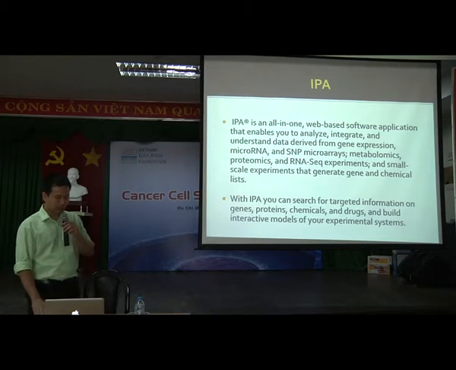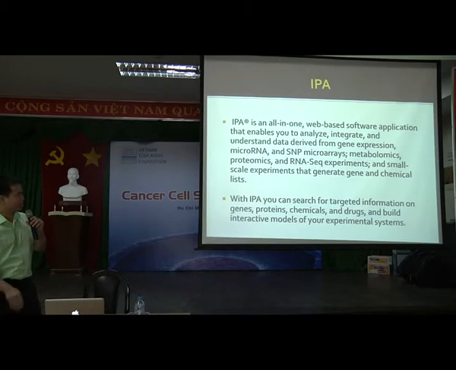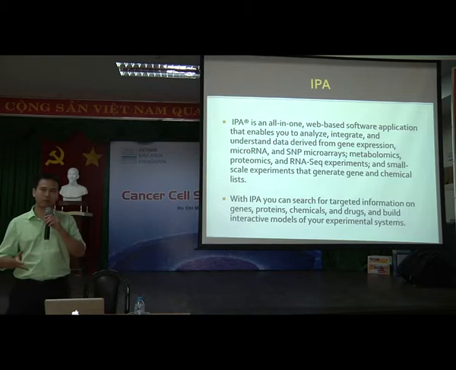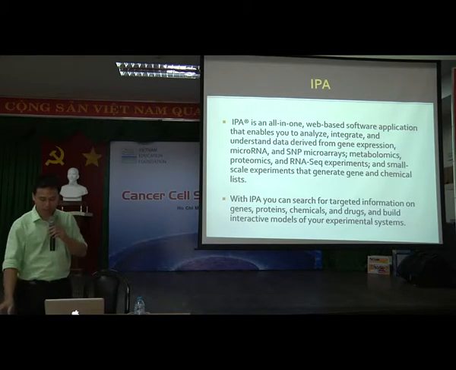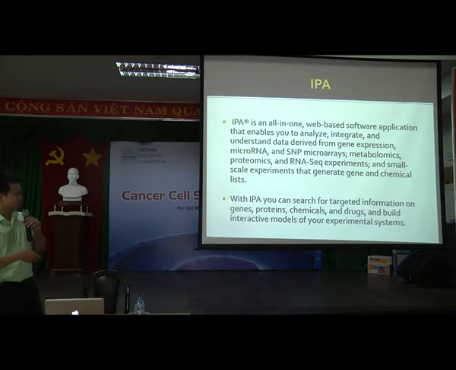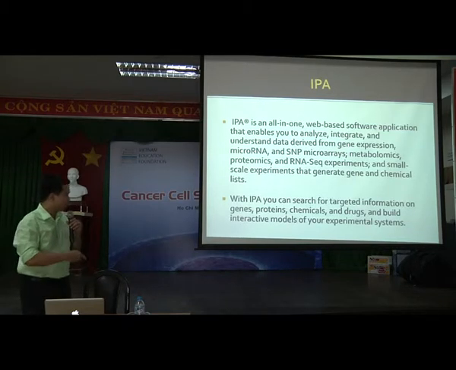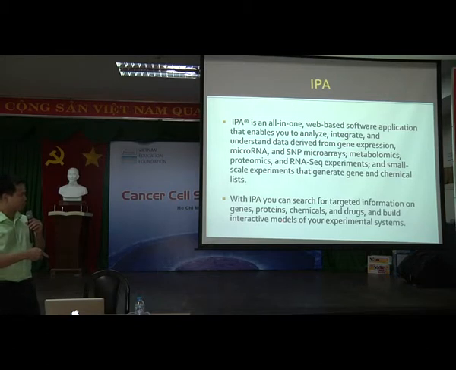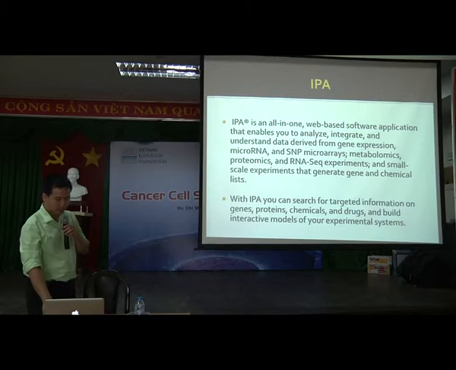The second feature that IPA provides is that it helps you search for all the information that is right now available on PubMed. They collect all of the information and build it into a system that allows you to very easily and rapidly collect and understand all of the information you need on the gene of interest. So you can check the gene, proteins, chemicals, drugs, and you can also build the pathway and interactive model